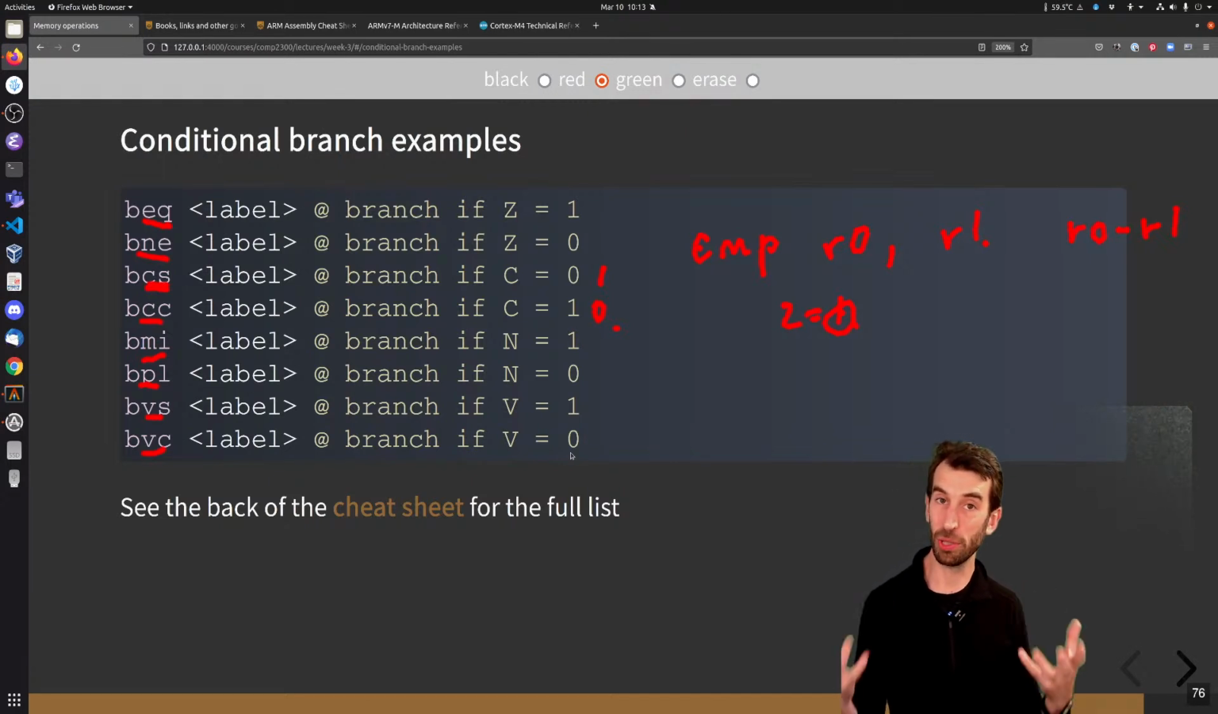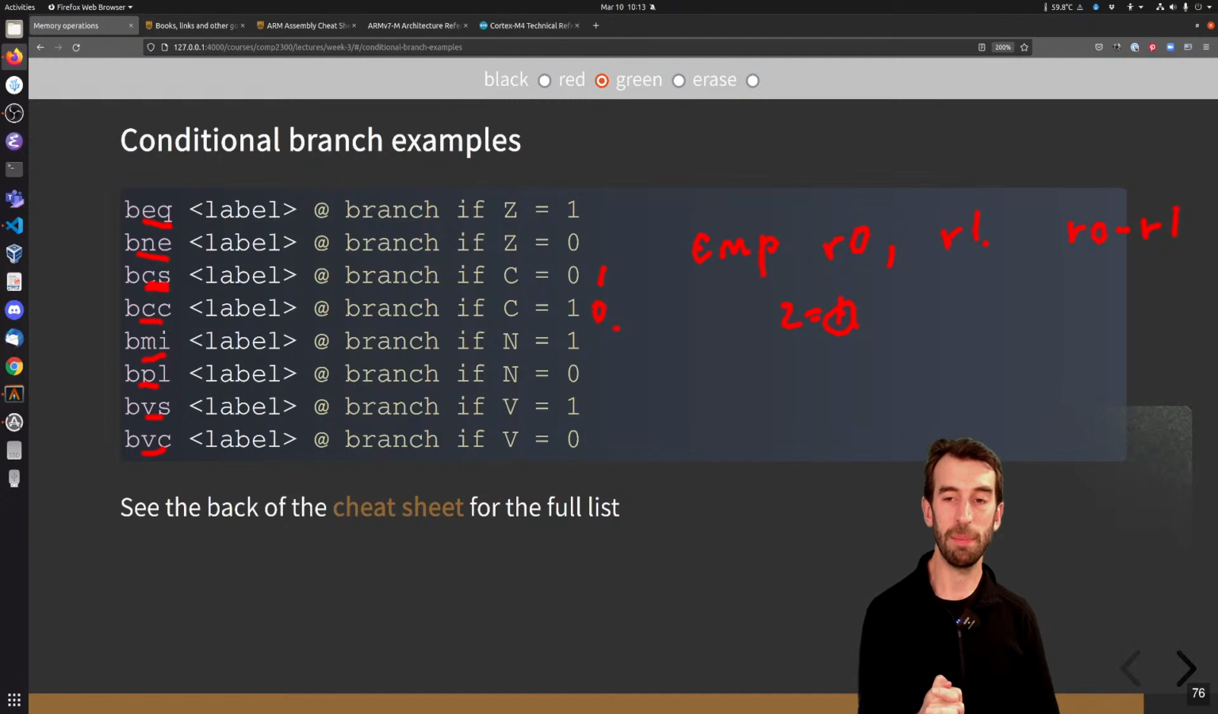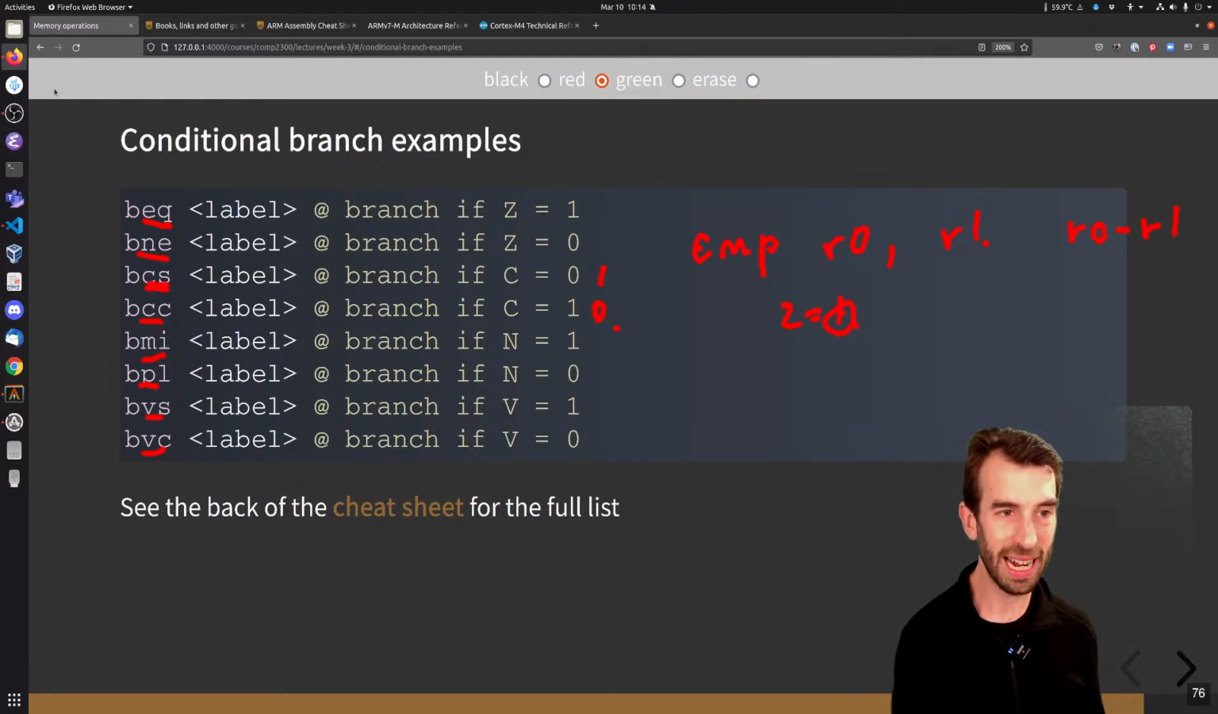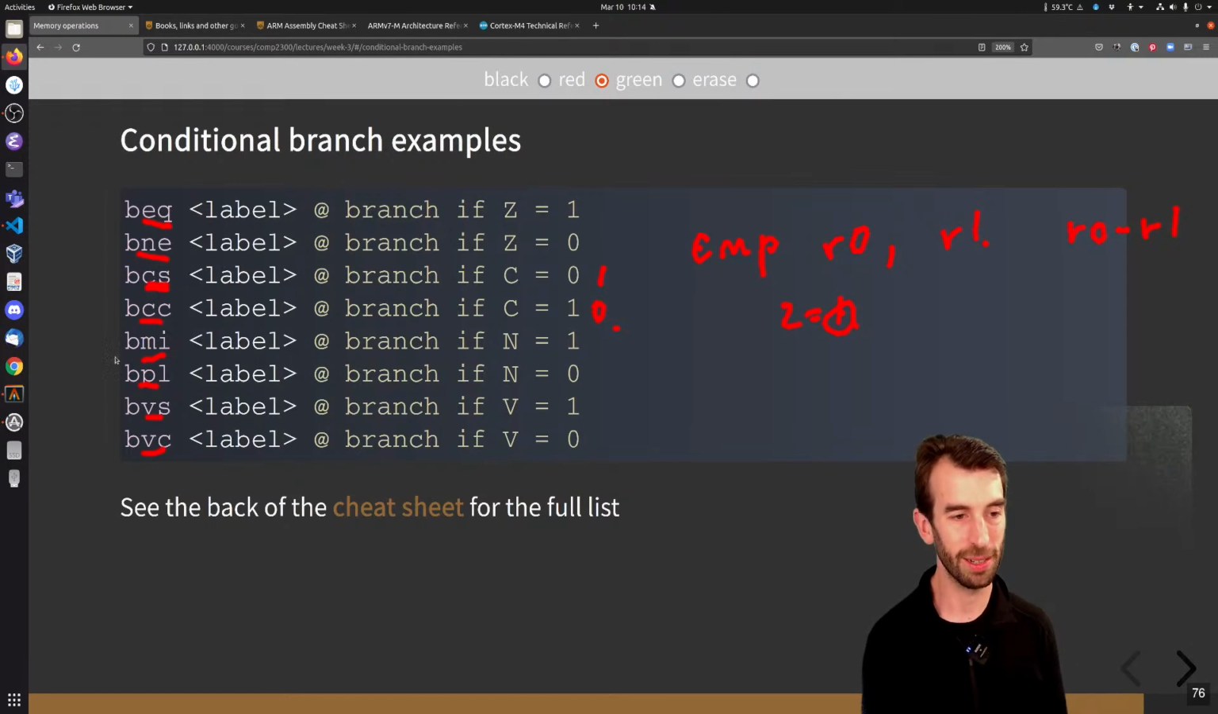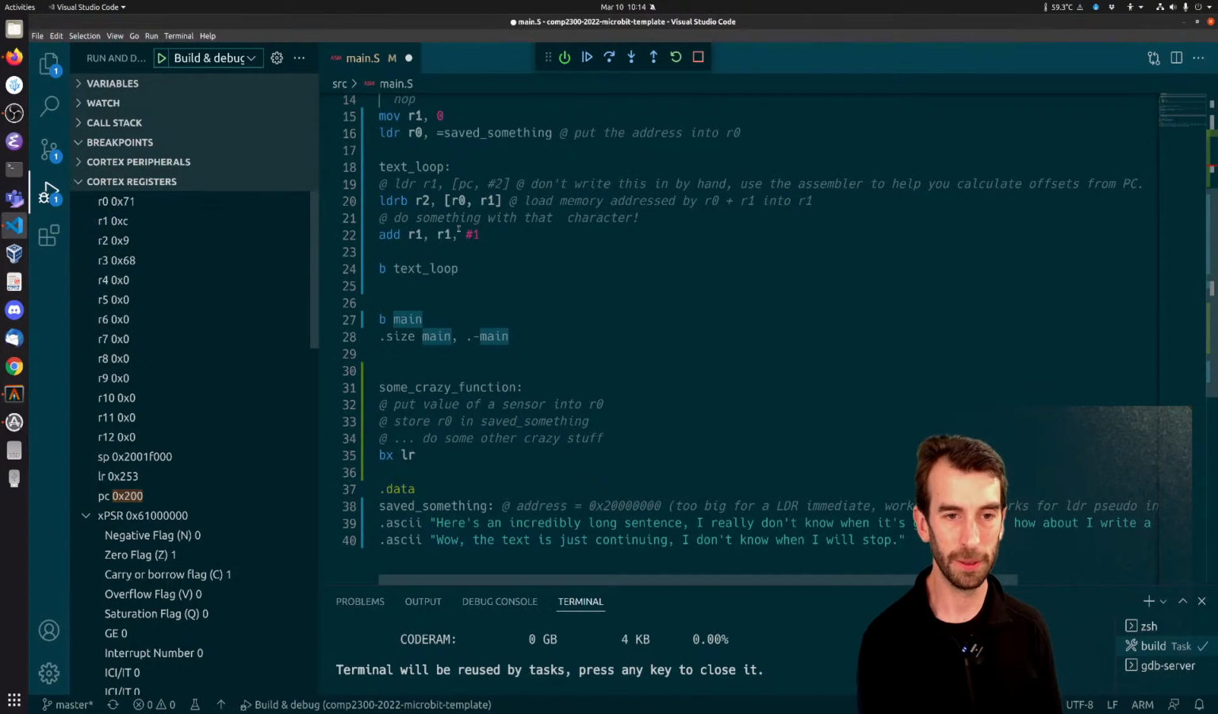So you can see that if we were doing some kind of arithmetic operation, we might be able to use this conditional branching to check if the outcome of our operation had set the overflow flag, for instance, and that would suggest that we have to do some other operation because our answer is wrong. We can also use it to get out of a loop. So if I go back to the little loop,